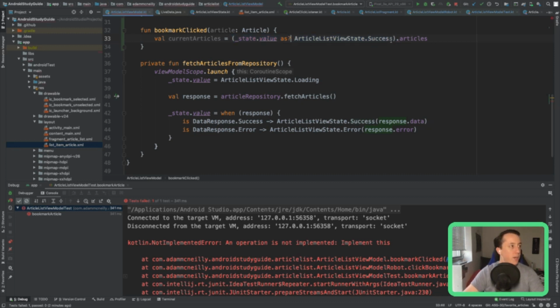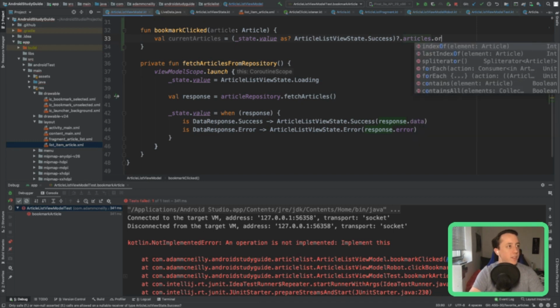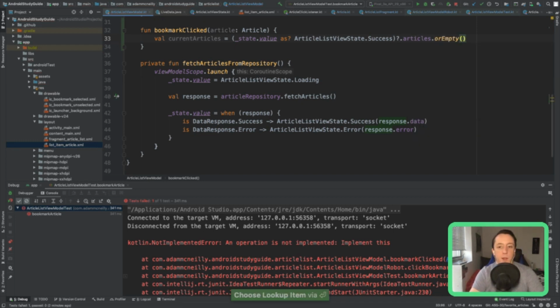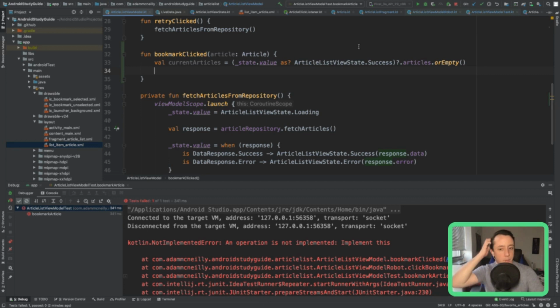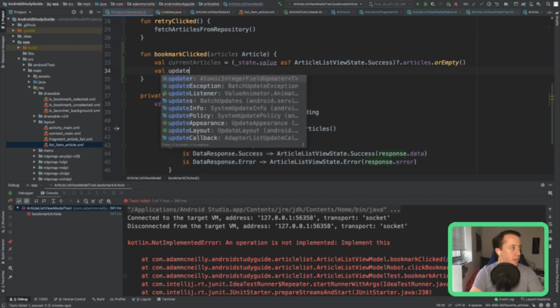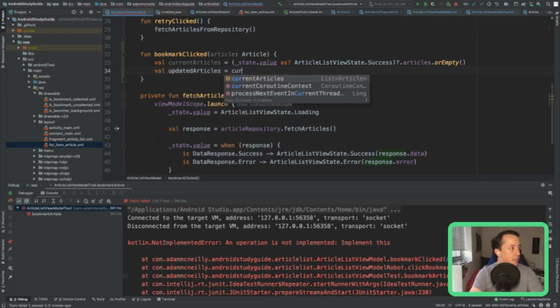If we want to make sure we don't crash, we could do something like this. But ideally, we shouldn't be calling this before we need to, so we could consider throwing an error. But we'll come back to that. So we've got our current articles. Now we could say updated articles is going to be current articles.